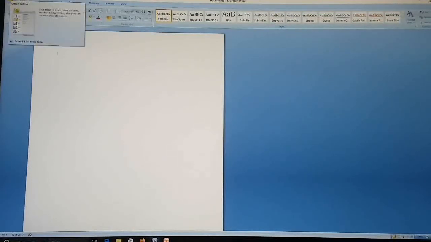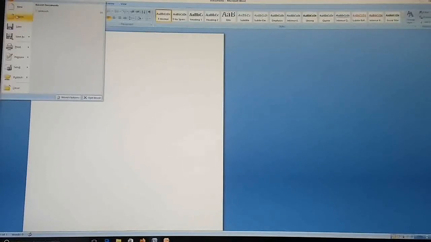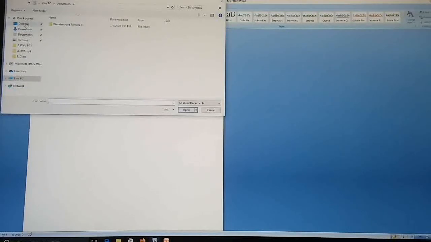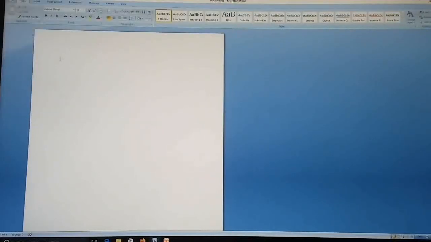If we want to open an existing document, that means a document we have already prepared and saved, we can click open, then choose the location where we have saved it, then click open.